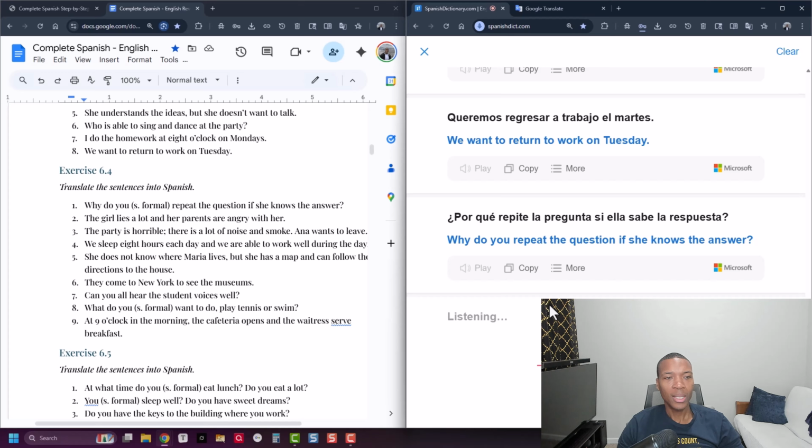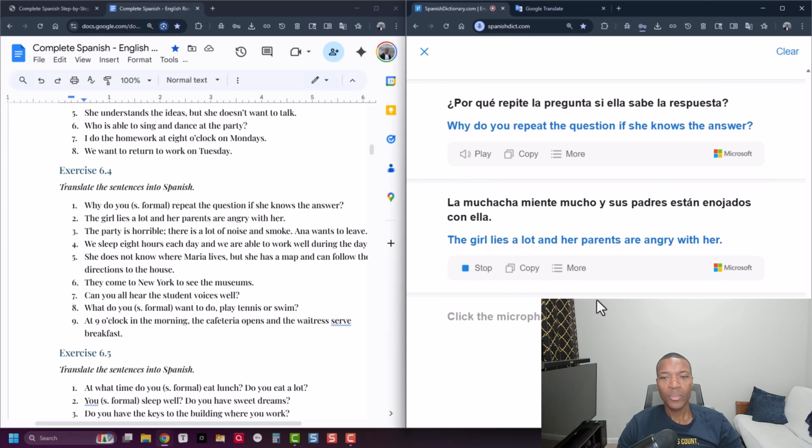La muchacha miente mucho y sus padres están enojados con ella. The girl lies a lot and her parents are angry with her. Okay, no, that works. Okay.